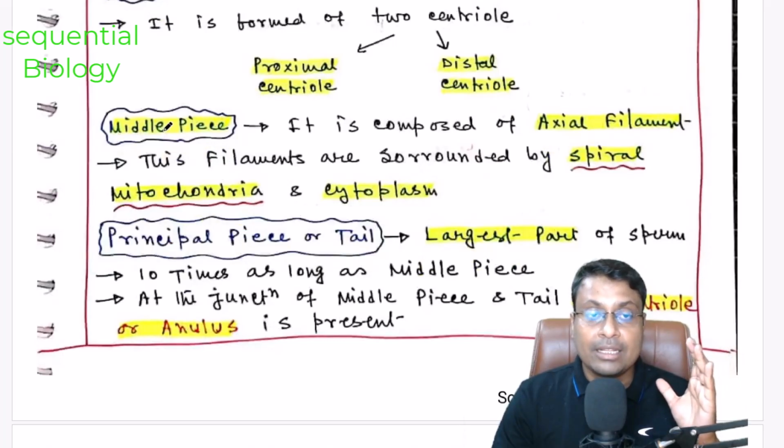The next part we are talking about is the middle piece, and it is composed of the axial filament, which is surrounded by spiral mitochondria and cytoplasm. This spiral mitochondria is also known as the Nebenkern. And the last part of the spermatozoa is the principal piece or tail, and this is the largest